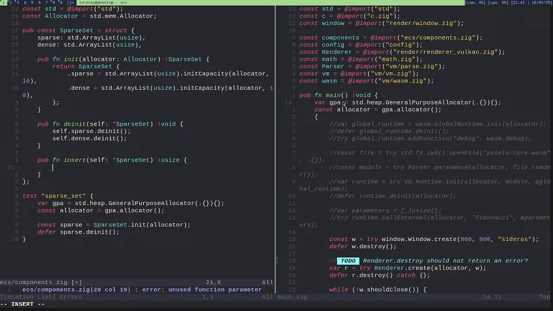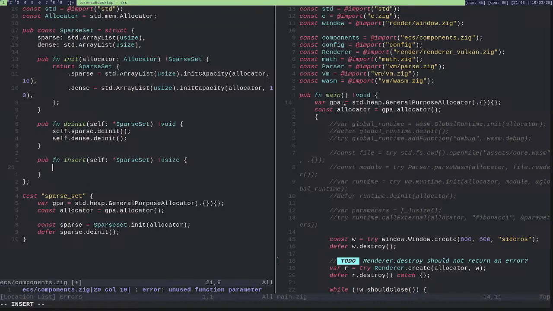push a value. Wait. So for now, I will focus only on inserting, and then we will see for removing stuff.